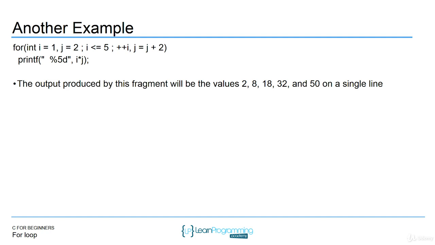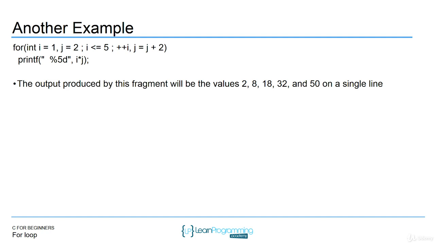And j is going to be equal to 2 plus 2, which is 4. So now we're going to multiply 2 times 4, which is 8, and we're going to display it. And then we're going to check: is i greater than 5? No, i is still 2. So we modify i to now be equal to 3 for the next iteration, and we modify j to be